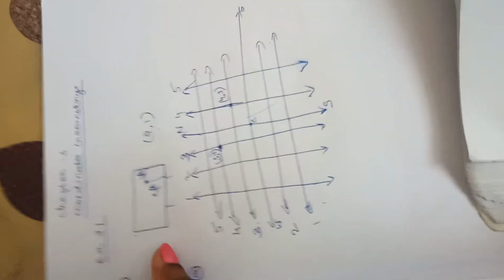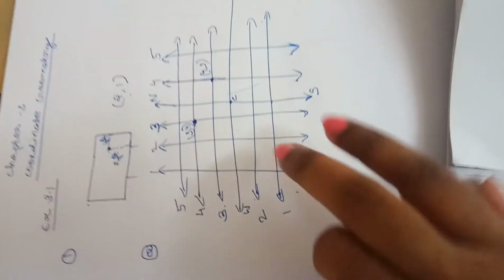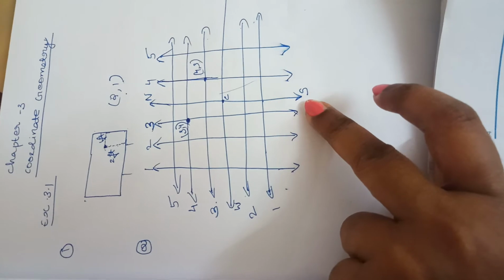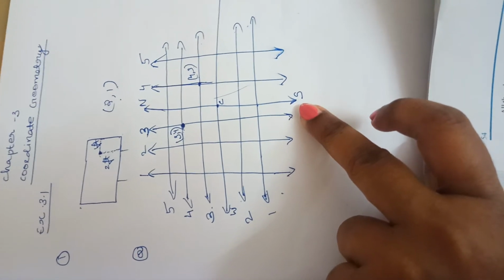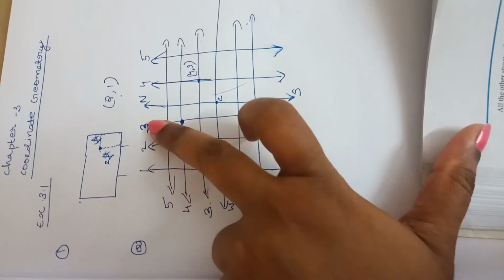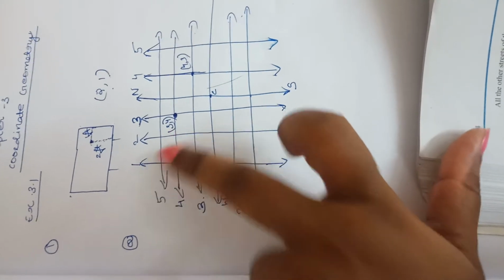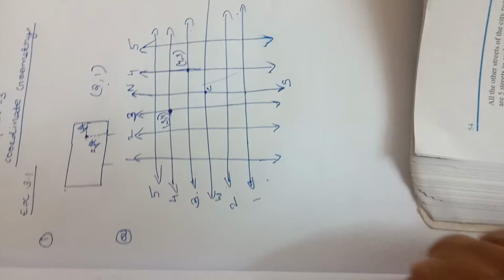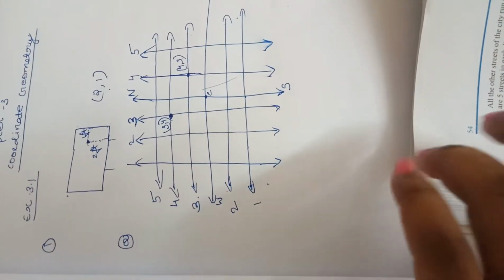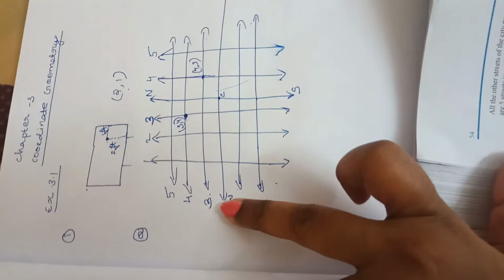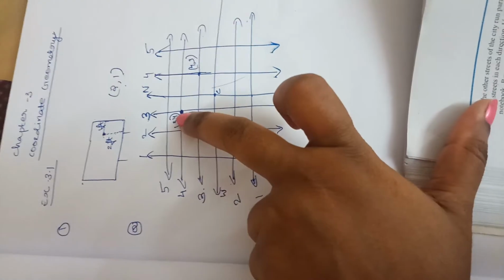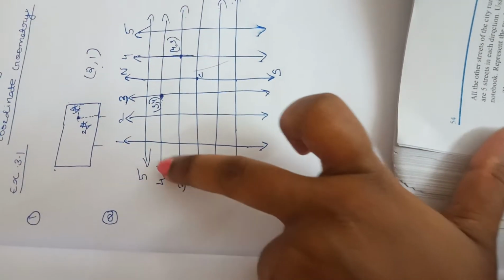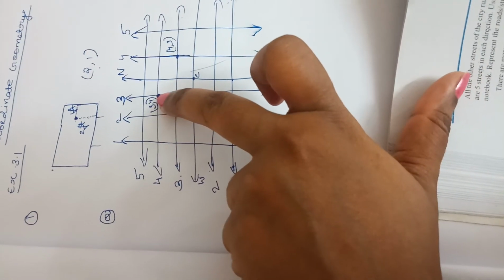Okay, so the answer is, how can we represent 3 comma 4? First we have to take the south north direction, then 3: 1, 2, 3, that 3 comes first. Next the east west direction, which is given in the question. In this way we have to take the direction point. Next we take the east west direction. So fourth point we need, I am marking the number from here, 1, 2, 3, 4. So 3 comma 4 is here.